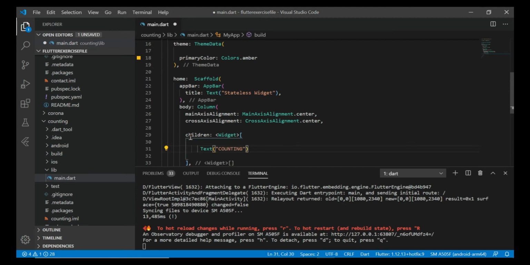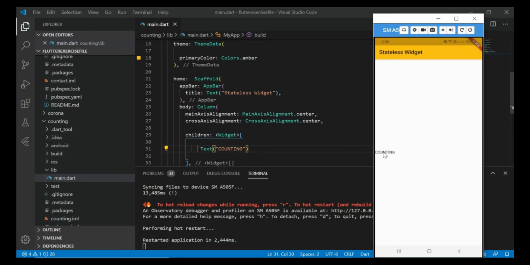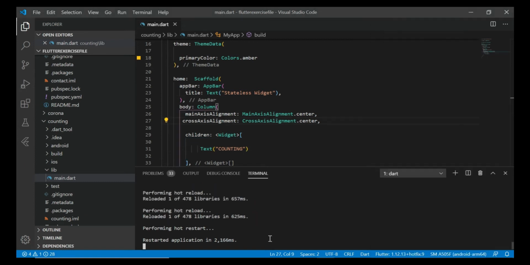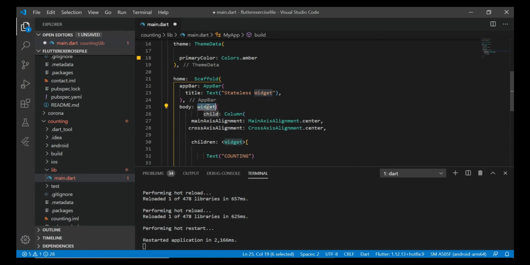Here we are passing the text counting like this. See, this is counting, and let's put this counting in center. That's it. So I'm going to wrap this column in center. Center is a widget that puts all the things inside center.